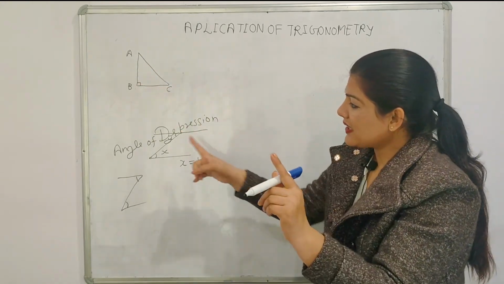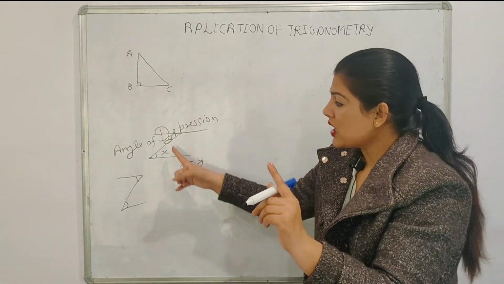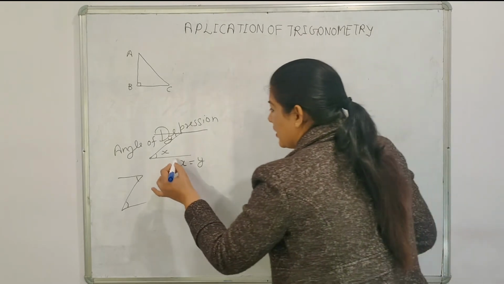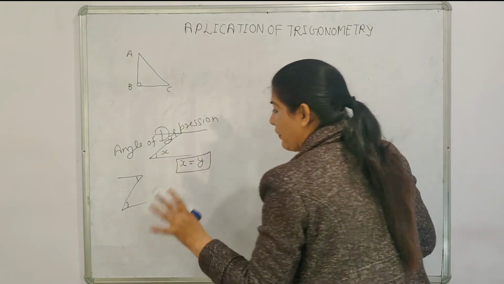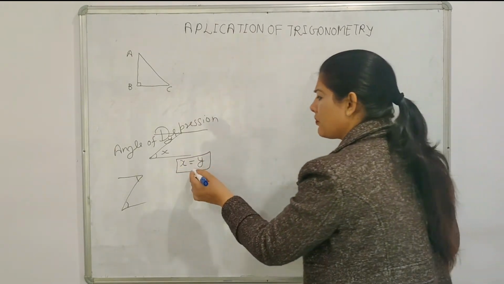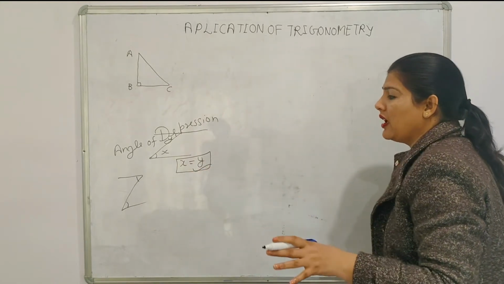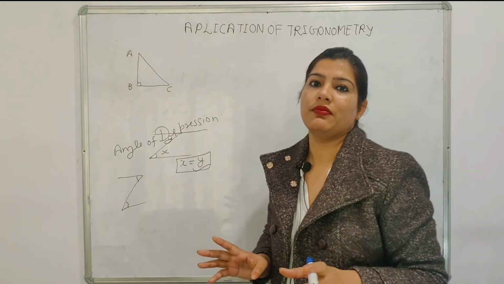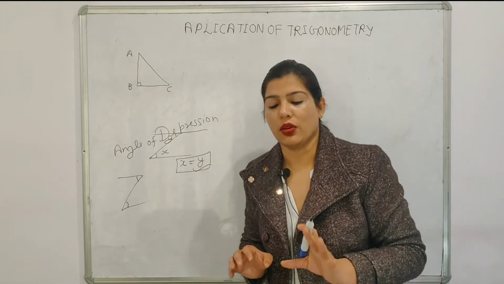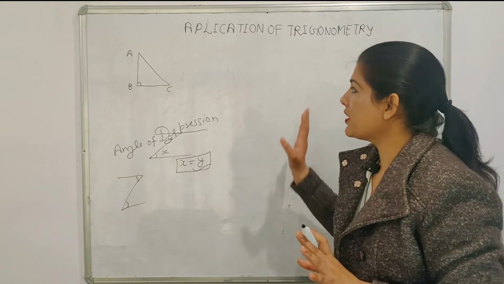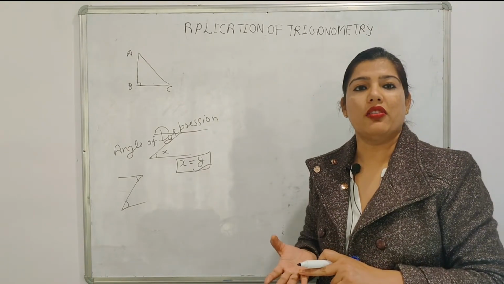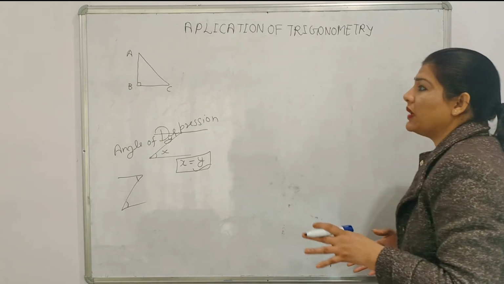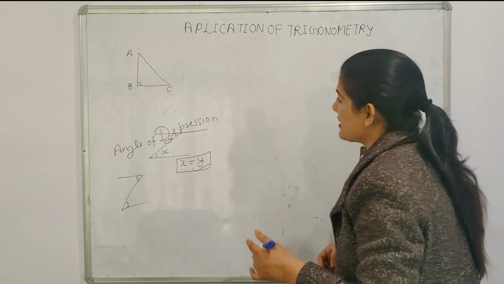So in that case, angle of depression is always equal to angle of elevation. And if you know what is angle of depression and elevation, you can solve every question in this topic very easily. Okay, nothing else we have to know about this, because we all know already what is sine theta, cos theta, tan theta, and in most of the questions we have to apply tan theta. So let's discuss a question here.